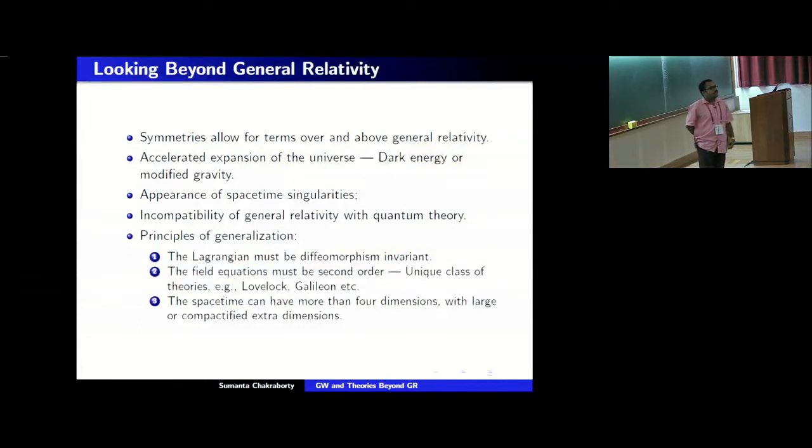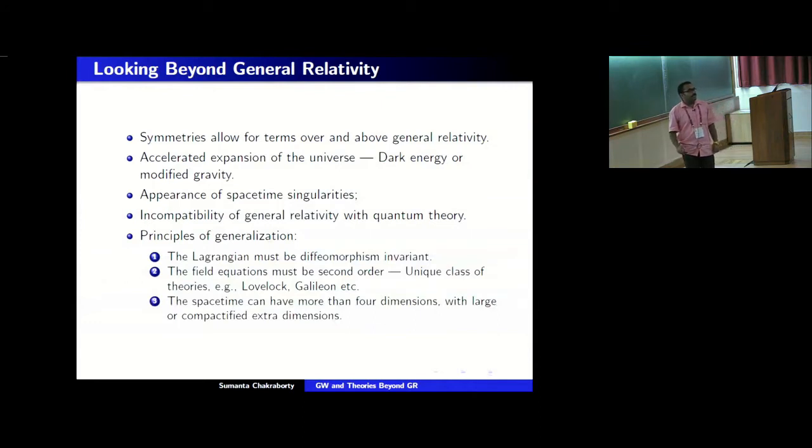And in the case of GR, that corresponds to the general coordinate invariance of the Lagrangian. And in that context, we can add more terms over and above the Einstein-Hilbert term. For example, one often adds the Gauss-Bonnet term in 4 dimensions with a scalar coupling to make it non-trivial in that direction. However, the most non-trivial motivation for discussing the theories beyond GR originally came from the late-time accelerated expansion